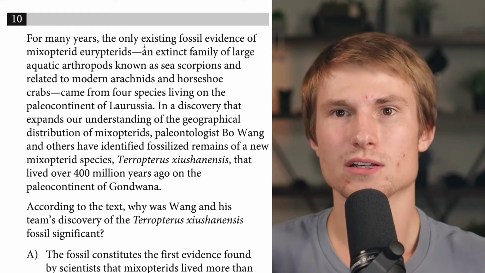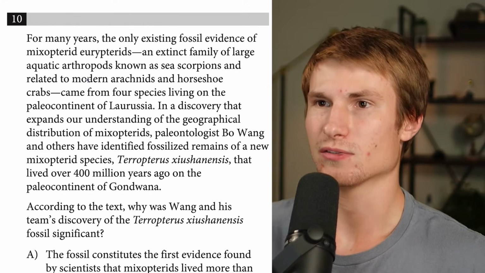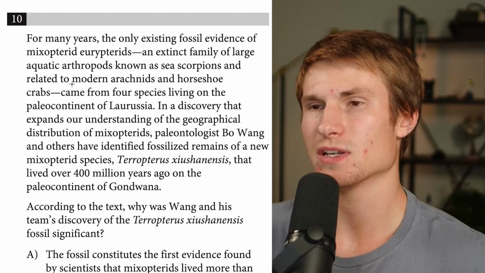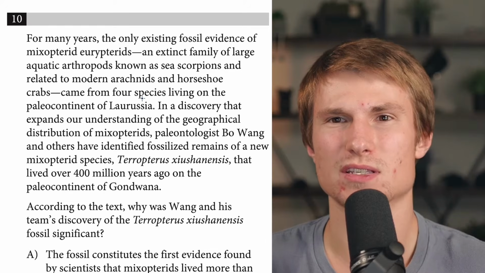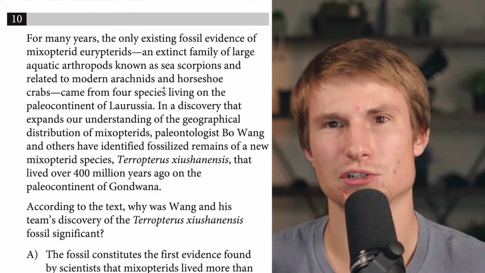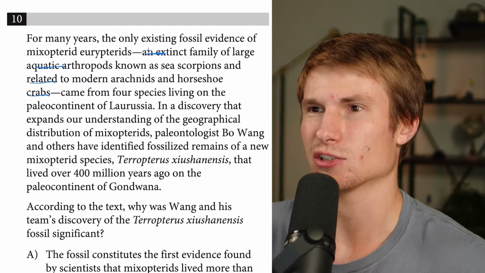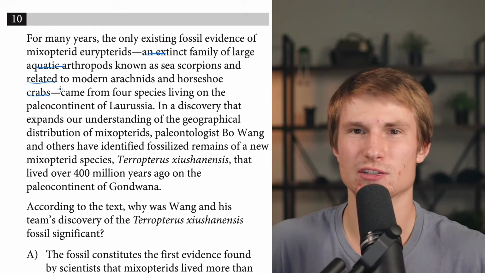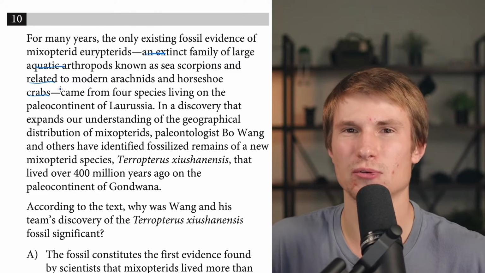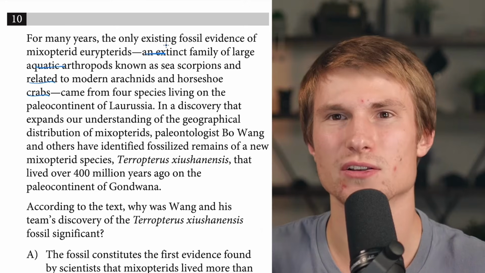Question 10. For many years, the only existing fossil evidence of mixopterids, an extinct family of large aquatic arthropods known as sea scorpions and related to modern arachnids and horseshoe crabs, came from 4 species living on the paleocontinent of Laurasia. Now, if you are doing the reading section and you see something big like this, it's non-essential because it's between 2 em dashes, so it can be helpful to get rid of it, but obviously you still need to consider it when going through answers. It can be helpful to get rid of it just for simplicity purposes of reading. So if we start from the top now, for many years, the only existing fossil evidence